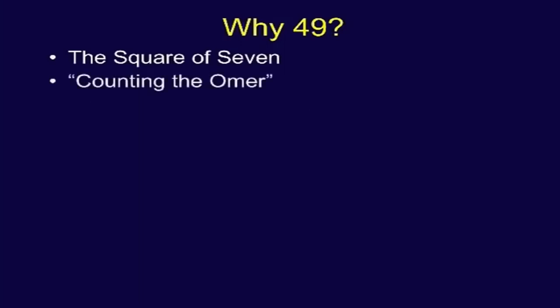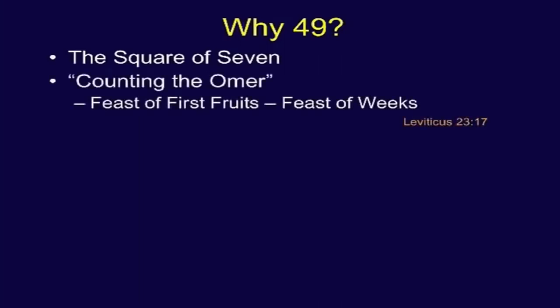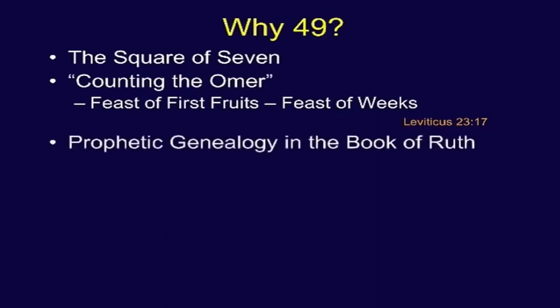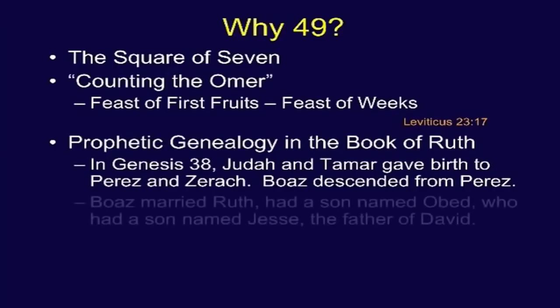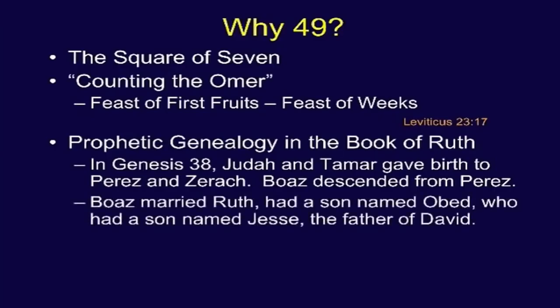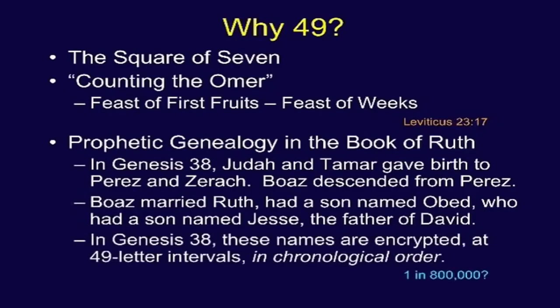And there's the counting of the Omer in the Hebrew calendar. Rabbi Hirsch said that the Jews' catechism is his calendar. Feast of First Fruits, Feast of Weeks, and so forth. Also, there's the prophetic genealogy in the book of Ruth. In Genesis 38, Judah and Tamar give birth to Perez and Zerach. Boaz descended from Perez. Boaz married Ruth, had a son named Obed. Obed had a son Jesse, and the father of David. In Genesis 38, in the days of Moses, these names are encrypted at 49 letter intervals